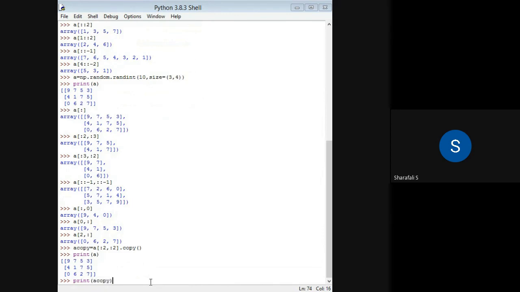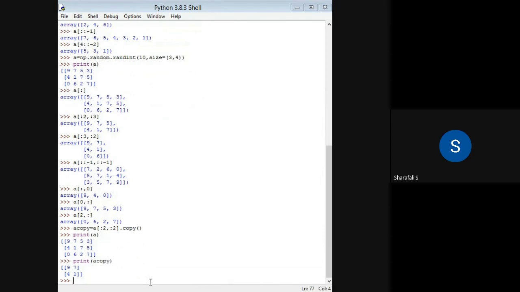I have just printed A, but I have to print A copy, right? So you can see from here, I need two columns, right? Two rows and two columns. Here, two rows and two columns.